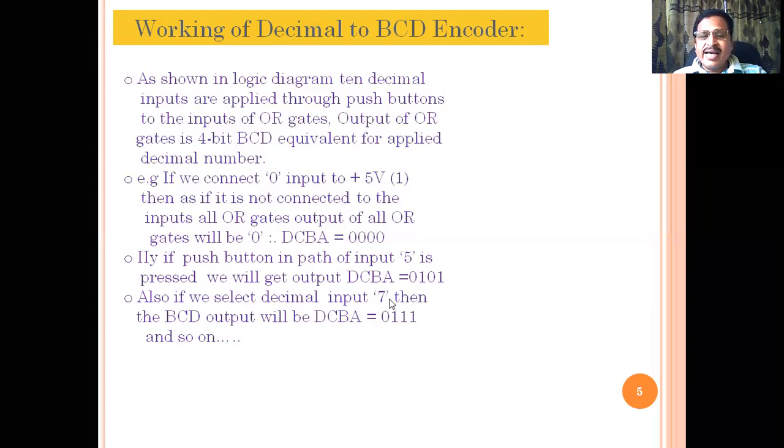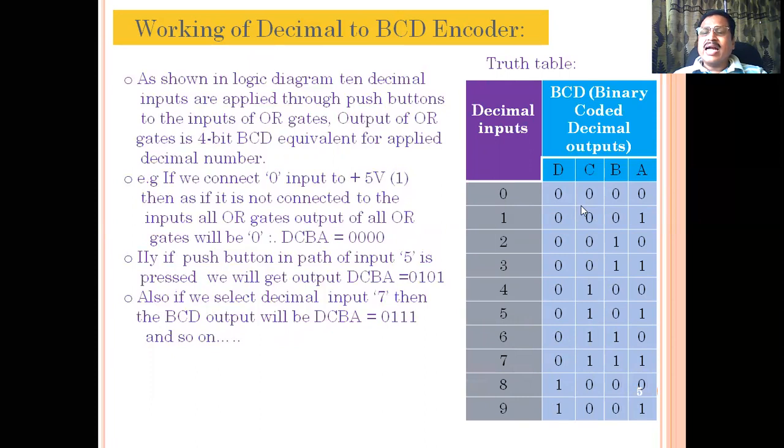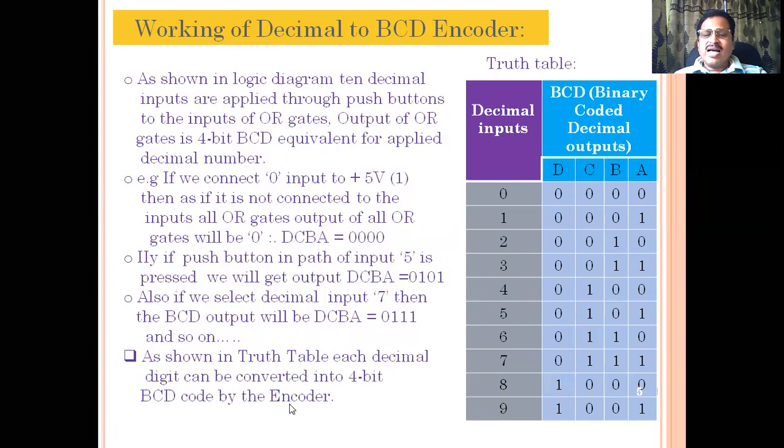In this way, we can test all possible decimal inputs and the corresponding equivalent BCD outputs as the working of the decimal to BCD encoder. Working can also be verified or explained by using the truth table that we have already drawn for the sake of construction. But the truth table you must explain here only, as a part of working. This table shows that for every decimal input 0 to 9, a 4-bit BCD code is produced by the decimal to BCD encoder. So this will be a part of working. The circuit will work as a 4-bit decimal to BCD encoder.